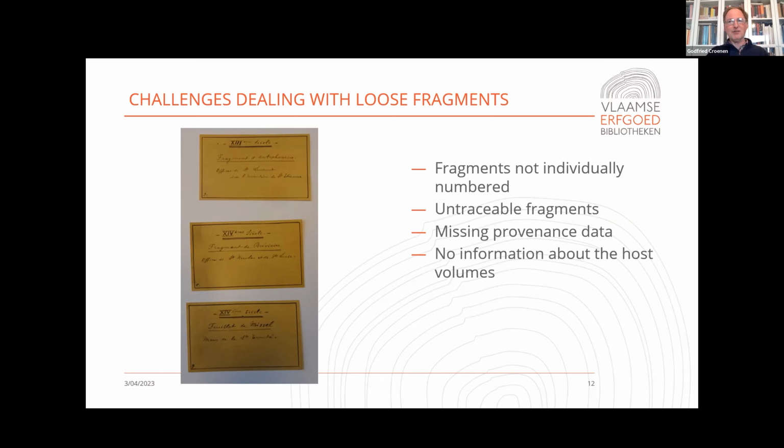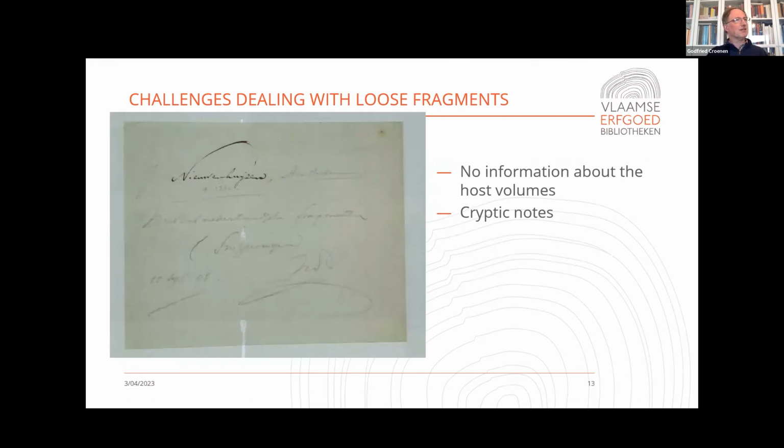Even the ones where we have data, like here, is an example, again from Ghent. We have a very cryptic note. We don't know where it has come from. Well, we know it's Nieuwenhuizen, the name written here, a Dutch collector who died in the middle of the 19th century. There was an auction, so we assumed that the library bought a lot of fragments at the auction. And then later on in 1895,